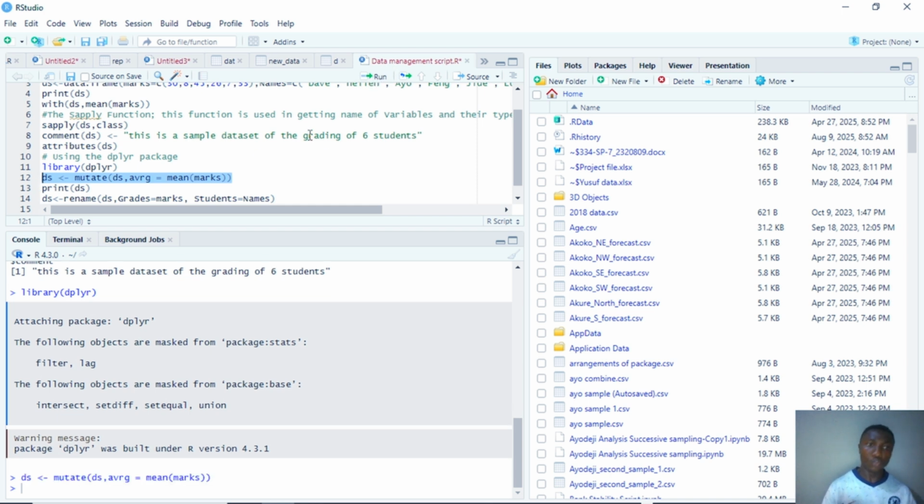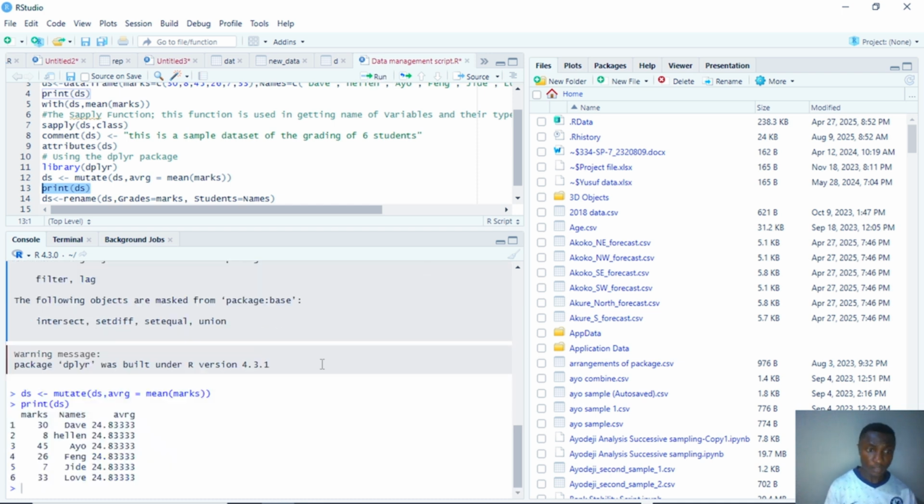We want to know if this has actually worked, and to know that, we are just going to print our data frame. As you can see, it worked. Initially we only had marks and names. Now we have marks, names, and avrg. And then we can also do something. What if